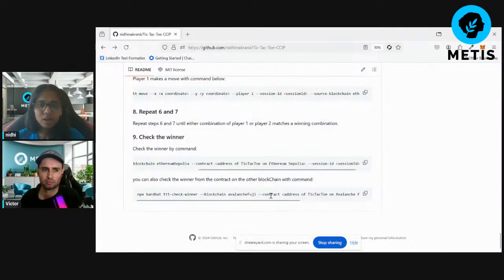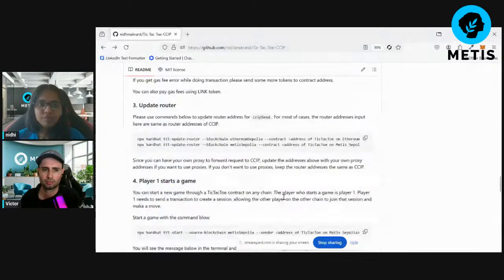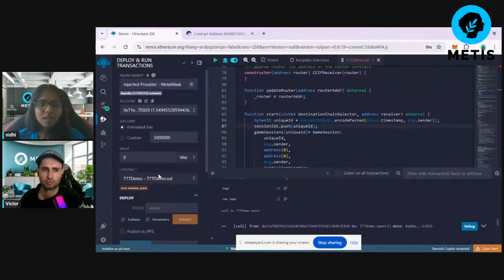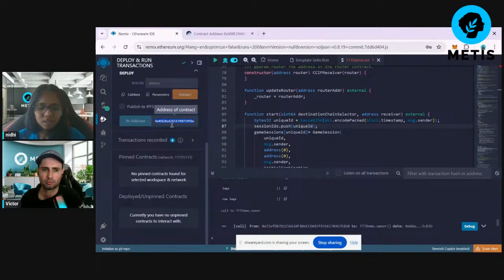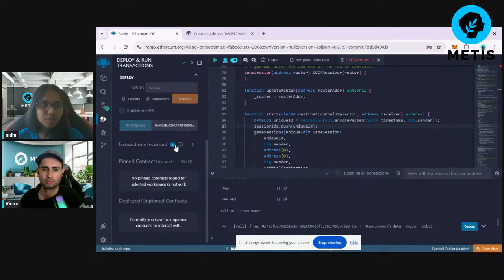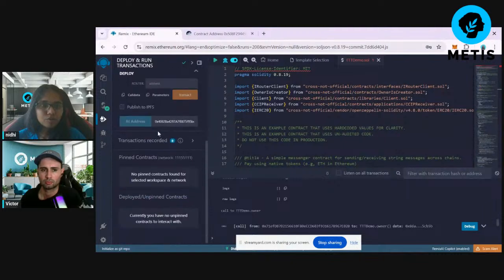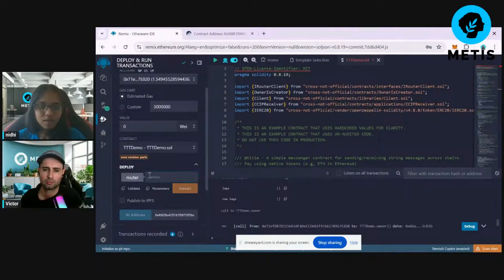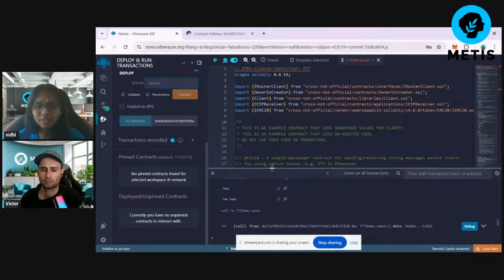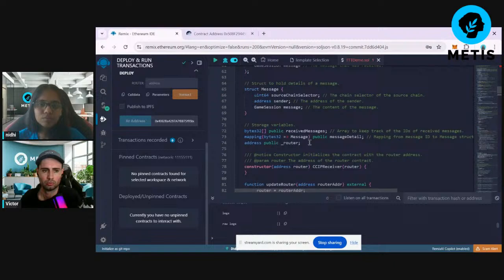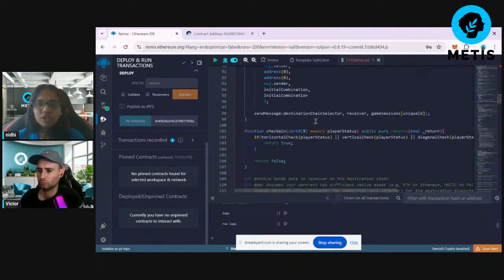And you can check on both of the blockchains your winner. And you can also check, I don't know why it's not running. It would be great if I could have deployed it here, but anyway, no issue. So you can also check all your data here, because it gives you the good view functions from the smart contract. You can check all the things like